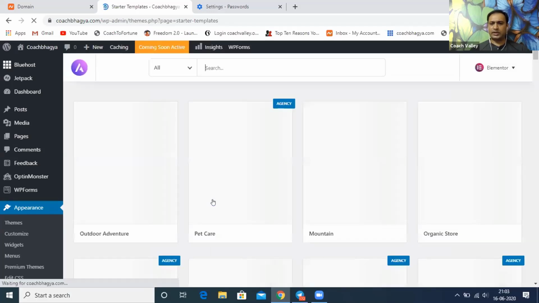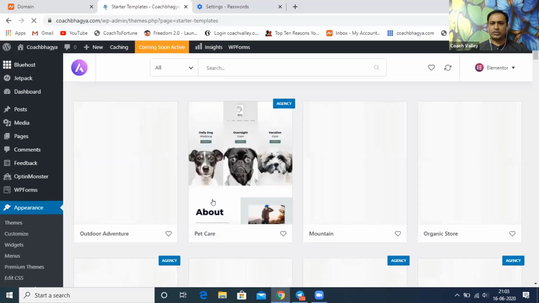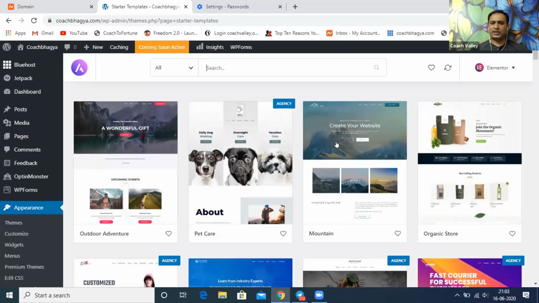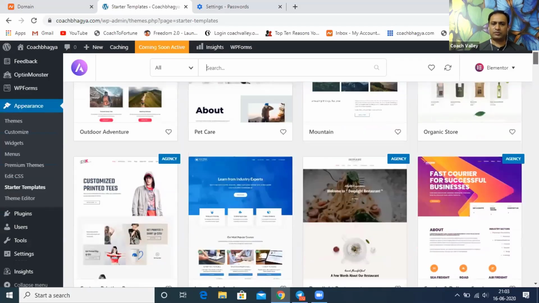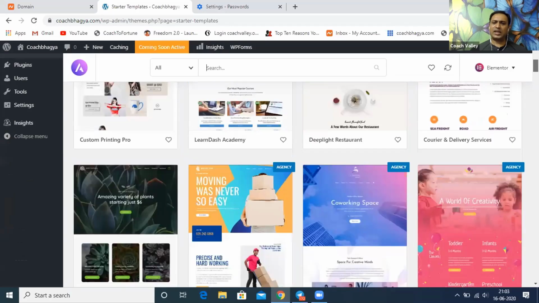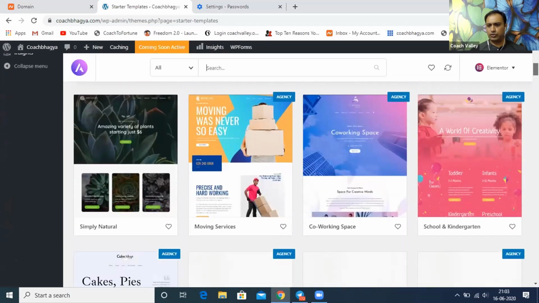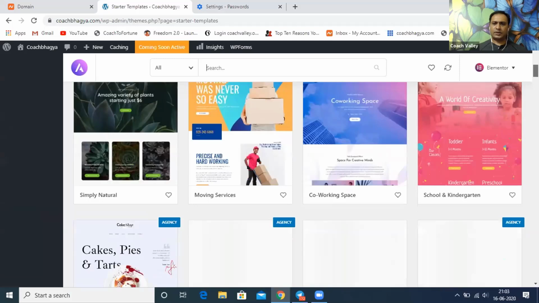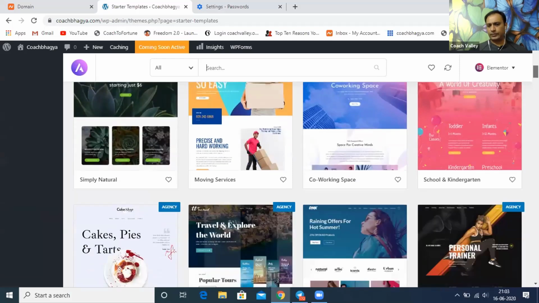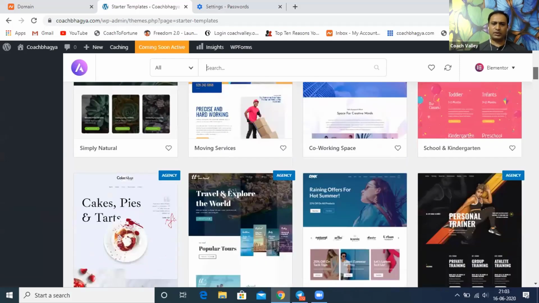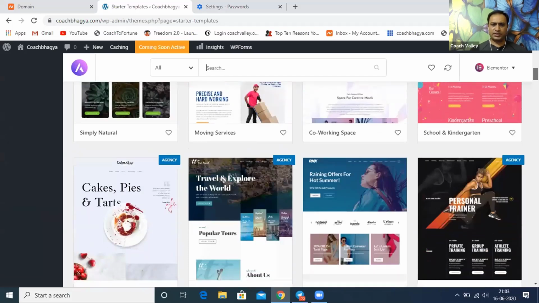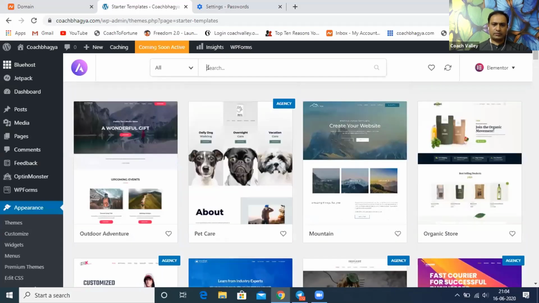Once you click on the editor, you'll get the templates. This is the place where you're going to check the templates. There are many templates, so you can just keep scrolling. Bhagya, I want you to go and select any of the templates from here which you like. Do one thing, can you go on top? Or let's say you click on search. Type anything you want. What is your niche? Based on your niche, type something there.